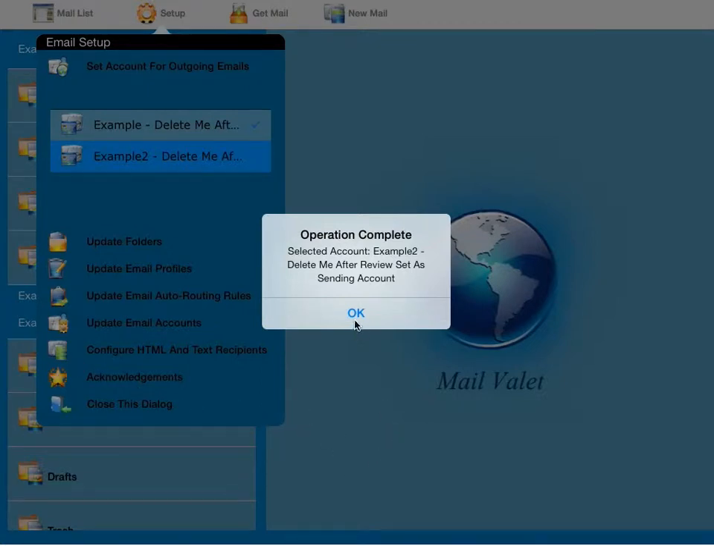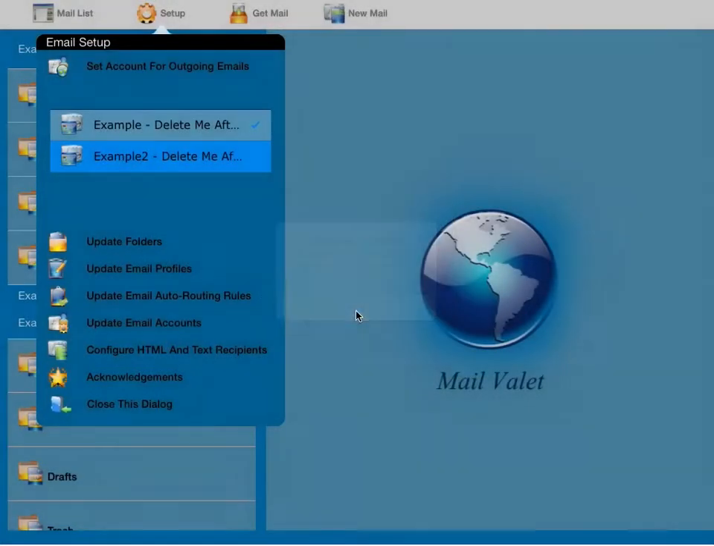Now we will clear this second operation complete confirmation and look at the next function, which is to update folders. Mailvalet allows you to create any number of different folders inside an account, which you can use to either manually move emails to once you've received them, or where you can set up rules that will automatically route incoming emails to those new folders. So all of the setup for folders that you want to use in the future inside the account, other than those which are default, which come automatically when you add a new account, are set up